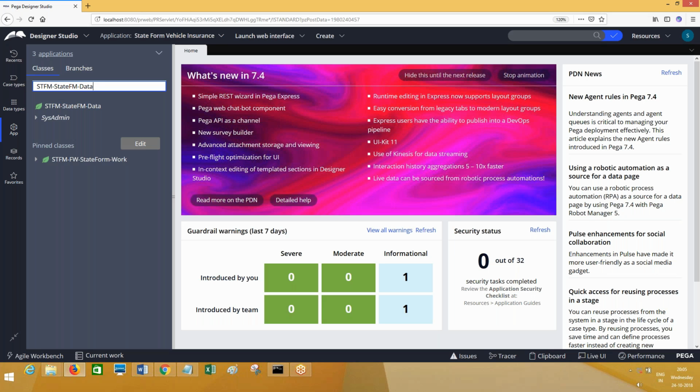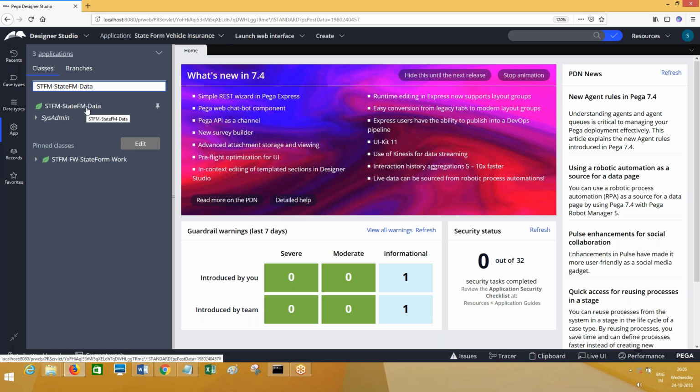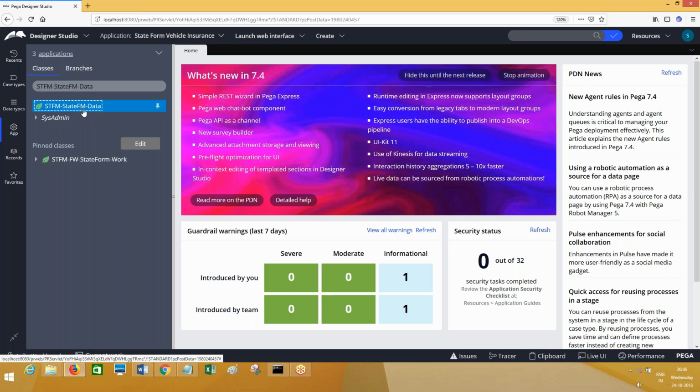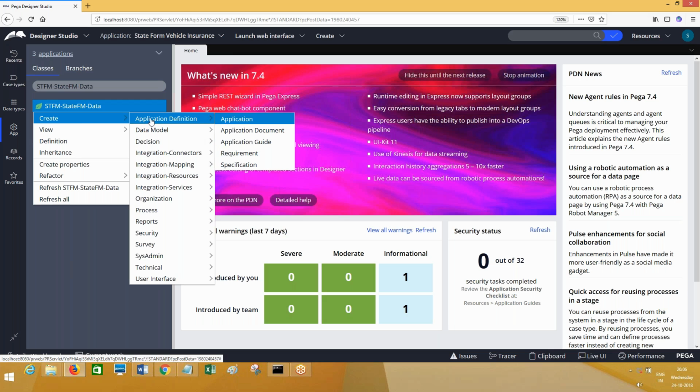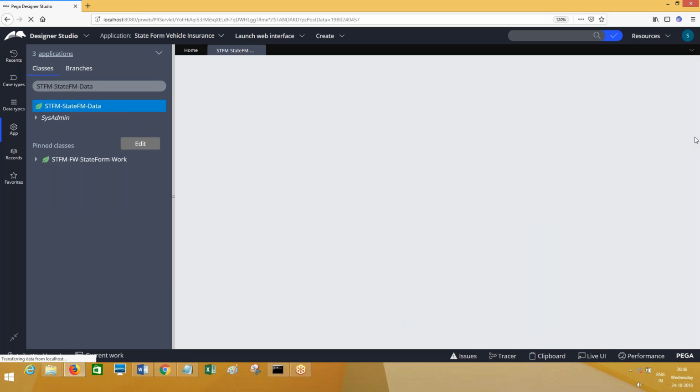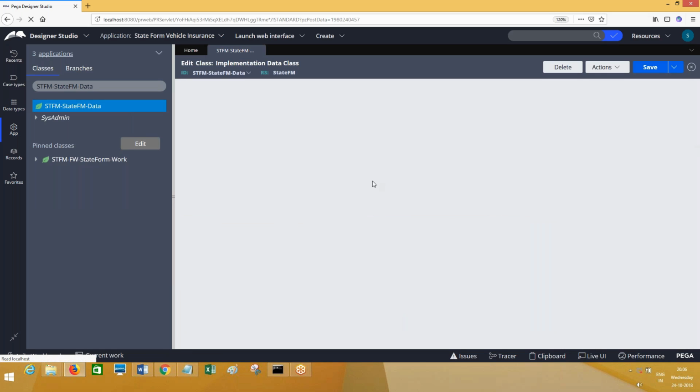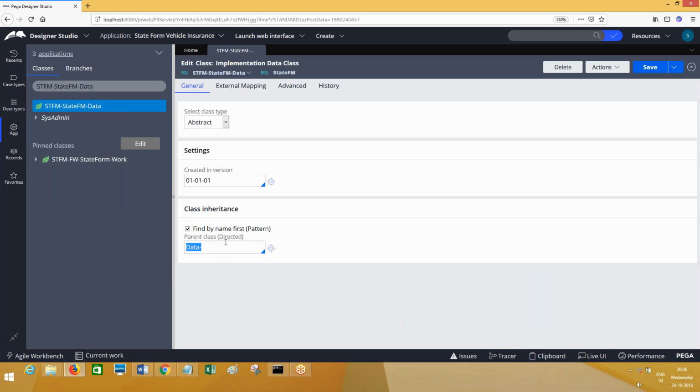Similarly, a data class inherits from data dash class.